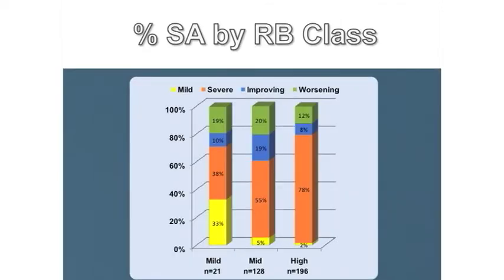Another question is, how much is the social affect score related to the repetitive behavior score? That is, if you have a lot of repetitive behavior, and that's what these three groups are, the mild, middle, and high levels, what happens to your social affect? Again, this is all on the ADOS, so it's based on just an observation of 40 minutes, not the whole life of the child. But what you can see is that if you have a lot of repetitive behavior, the chances of you having really good social behavior on the ADOS is low.